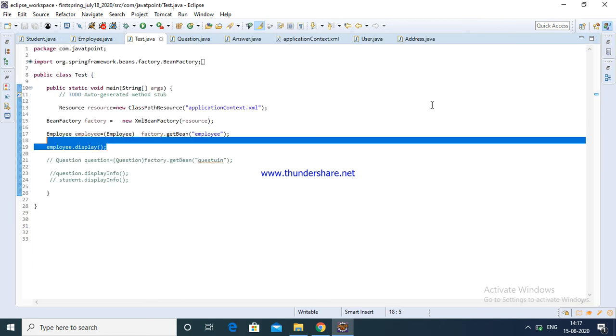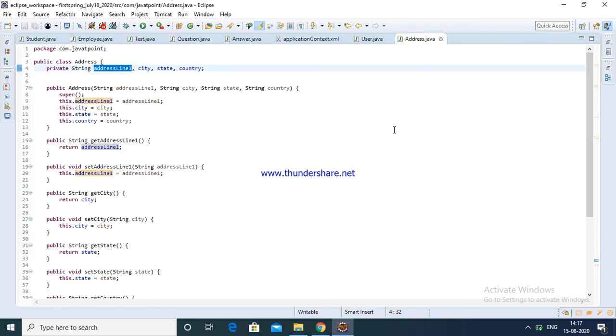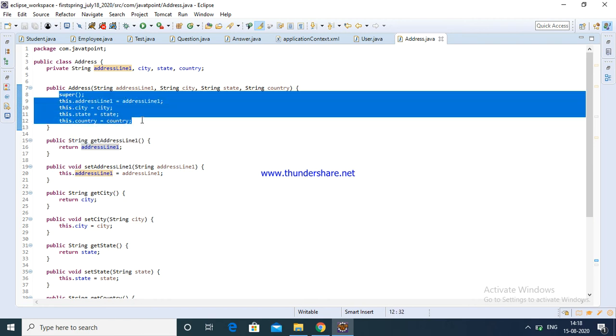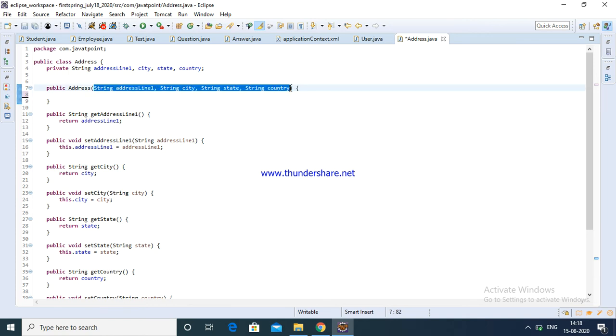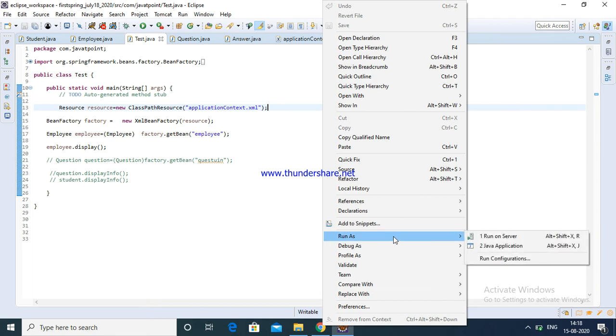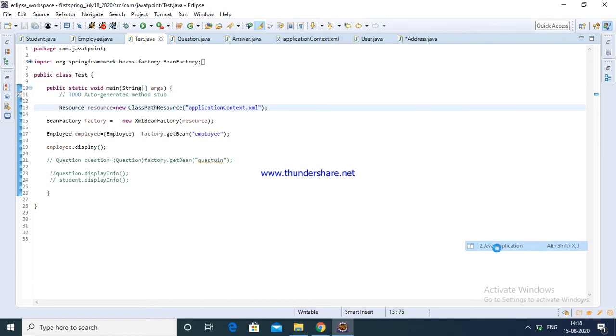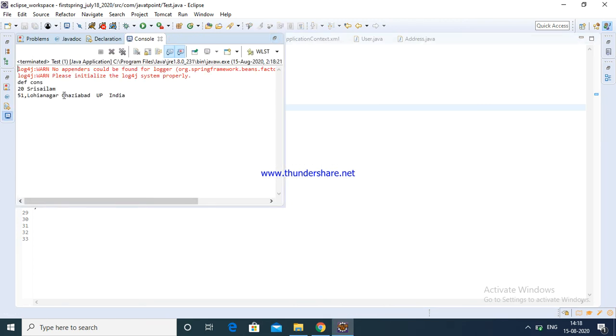I think here the default constructor is the issue. Now something has gone wrong. I try to fix it again. Now see the default constructor.